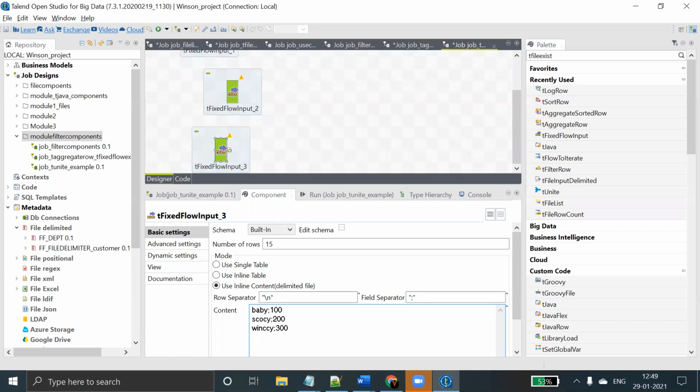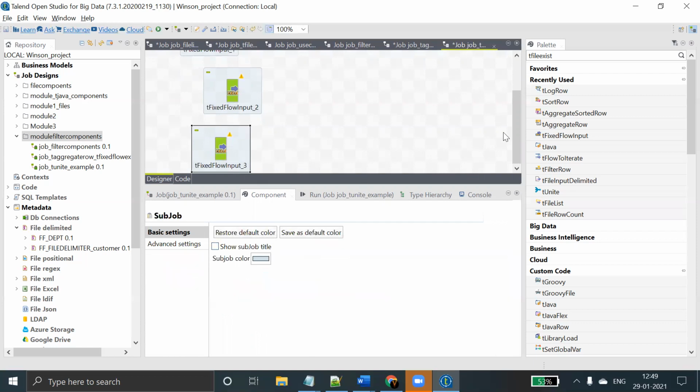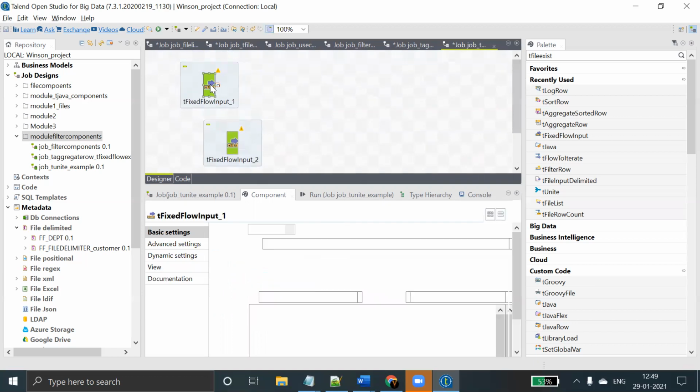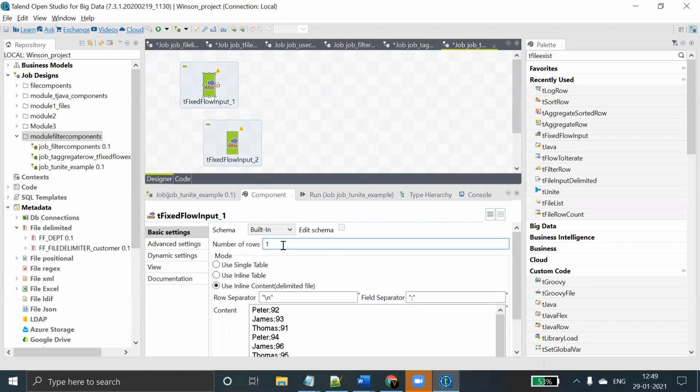So these are my different sources. I create the rows with the number of rows as one here, one here, and one here.